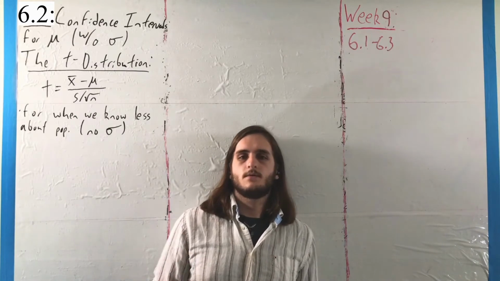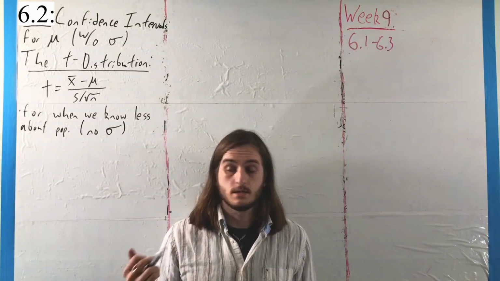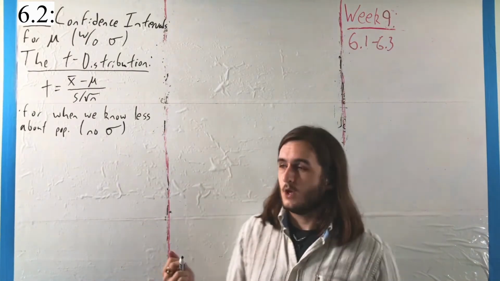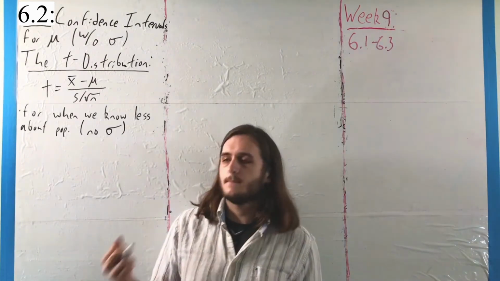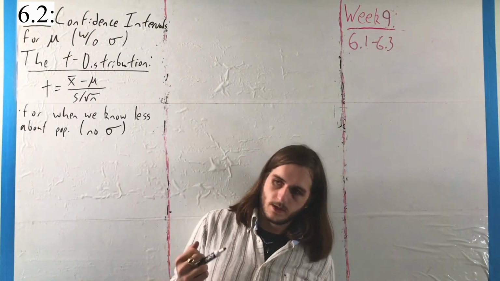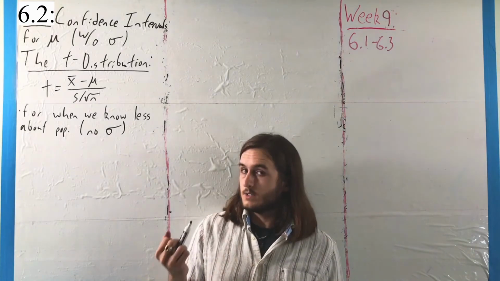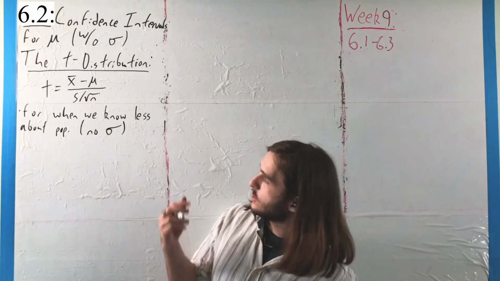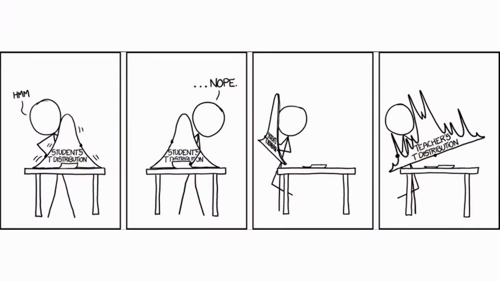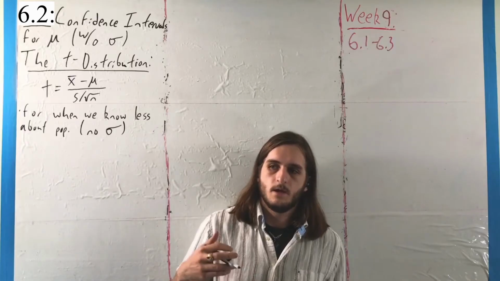And to take care of the fact that what we're working with is not quite as good as what we would like, we can't use the normal distribution in the way that we would like to. So instead, we're going to use what's called the student's t-distribution, where I mentioned this elsewhere, but I think the